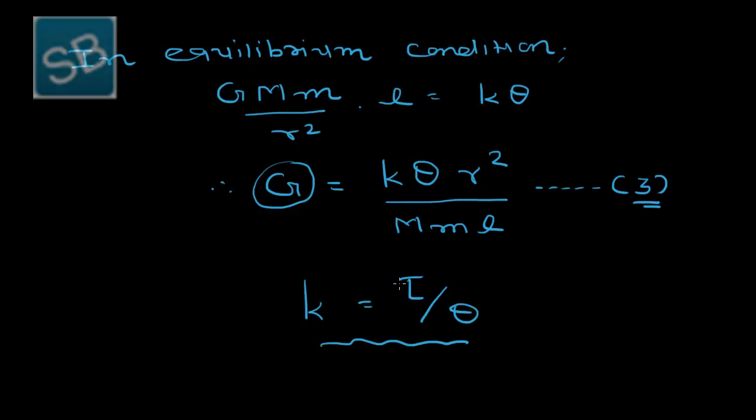So by just measuring the angle of twist generated in the thin metallic wire, we can find the value of the gravitational constant. And so the gravitational constant depends only on theta, because these other quantities will be the same. But with respect to this theta, this r square is also changing. And so we will see such a phenomenon in the illustration which we are going to discuss just